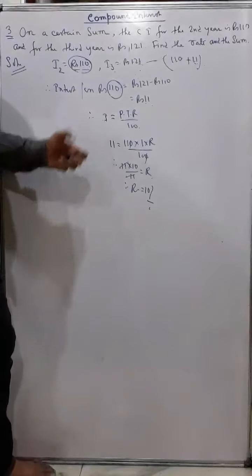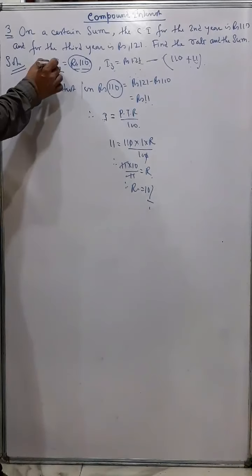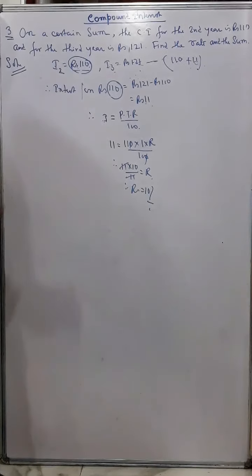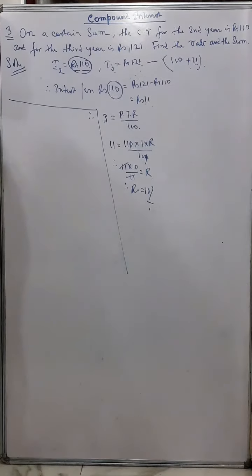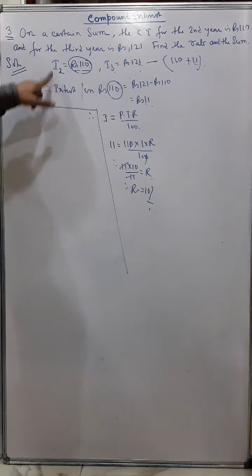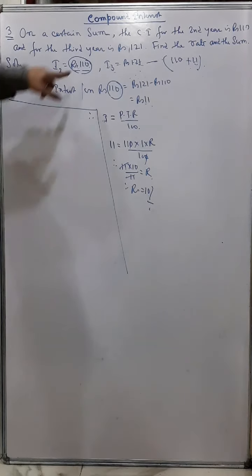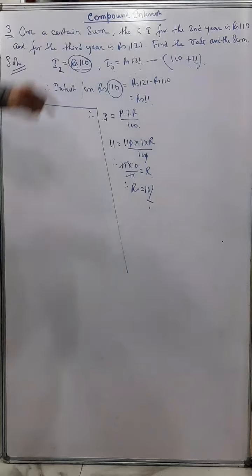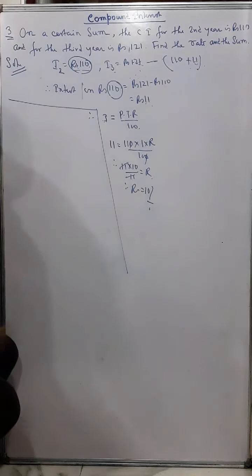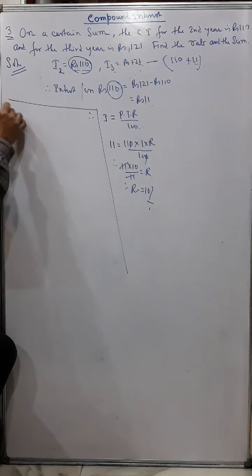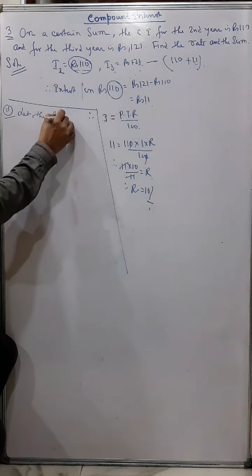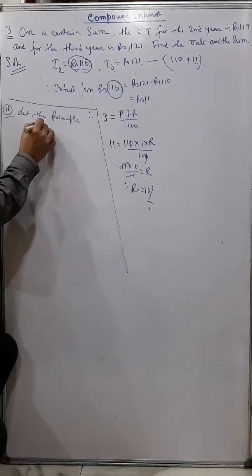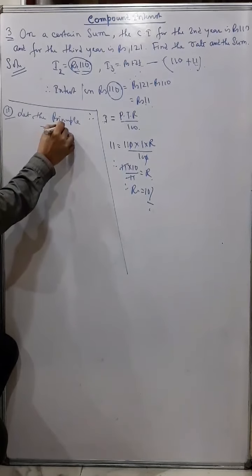So we got the rate. Now I already know I2. I2 means interest for the second year. Now if I start the sum and work in terms of x, and I get I2 in terms of x, and that should be equal to 110, so I can get the value of x from there. Understand? Now if I start the sum for the principal, let the sum be x, let the principal be equal to rupees x.